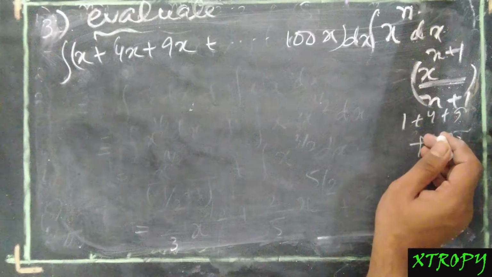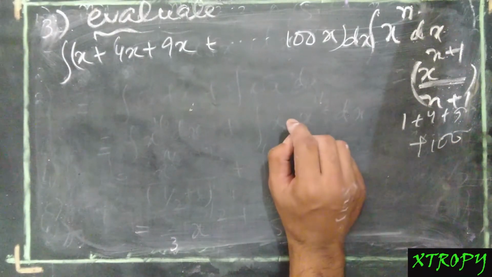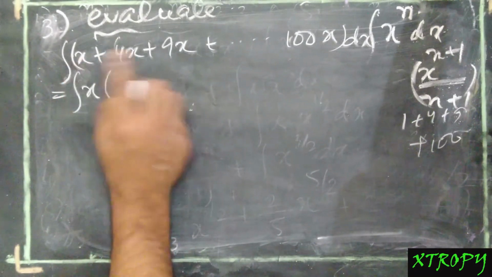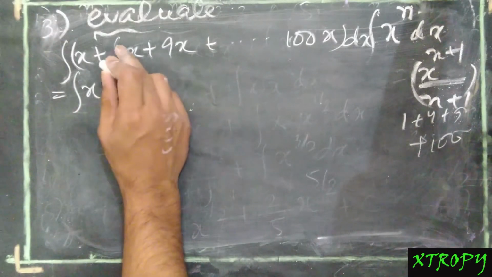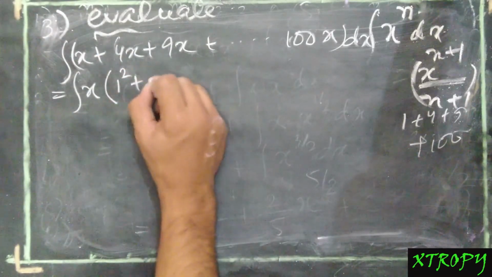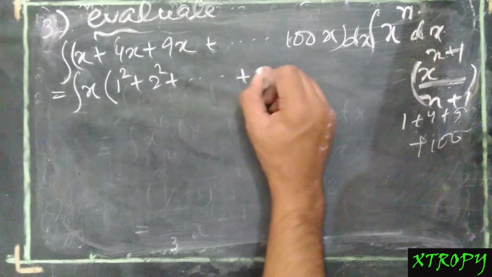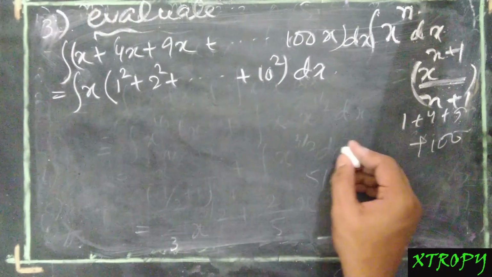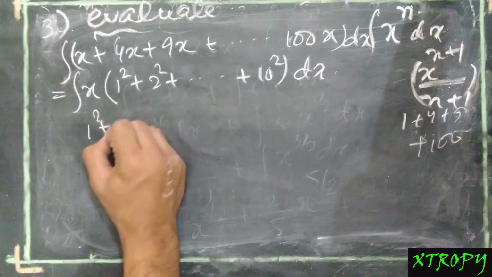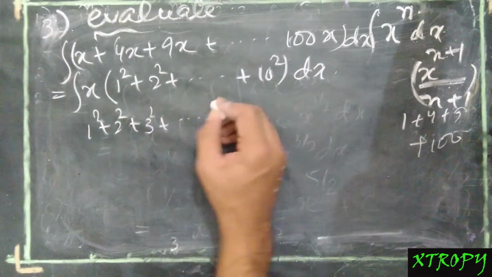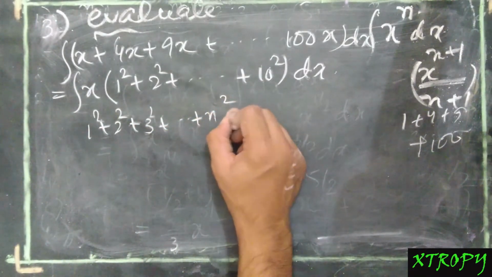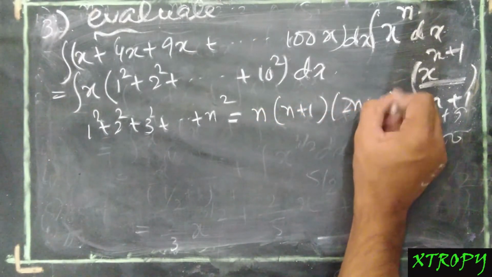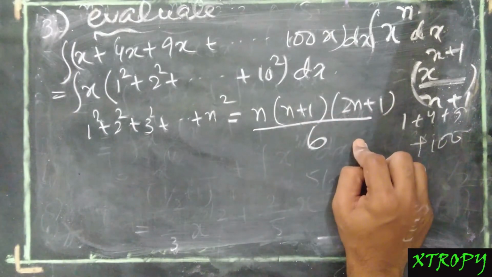So here's where a formula comes quite handy. Let us take x common first. This will make things more clear to you. If you take x common over here, then it will become 1 square plus 2 square up to 10 square. So there is a formula to add squares. If you have 1 square plus 2 square plus 3 square up to n square, the formula is n into n plus 1 into 2n plus 1 divided by 6. This formula you will learn in the chapter ahead known as sequence and series.